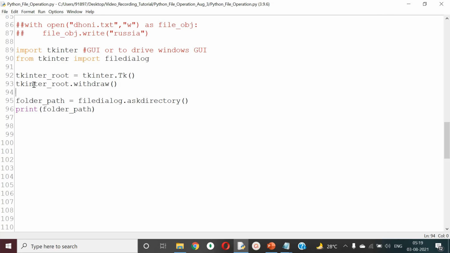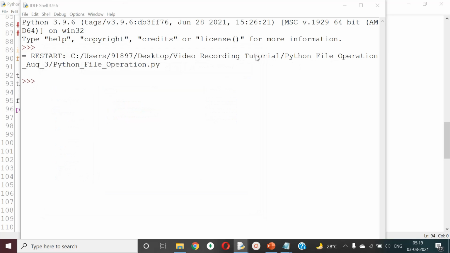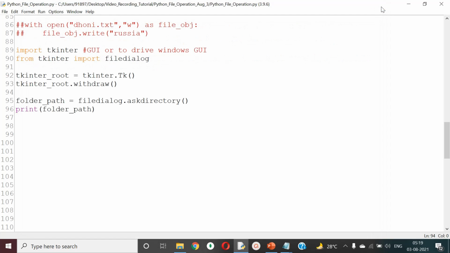When I run, look at this. Now I'm getting only the main screen, not the small dialog box. So what I'm doing is withdrawing the root. Root means the driver file or driver tool. So now I have achieved what I was supposed to do, which was selection of a folder. I selected a folder. What is the next process? As I did in line number 86, if you want, I can cut and paste here.